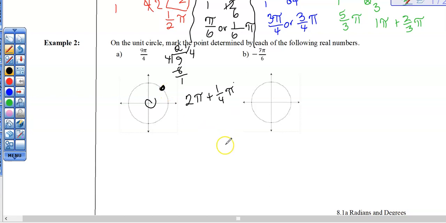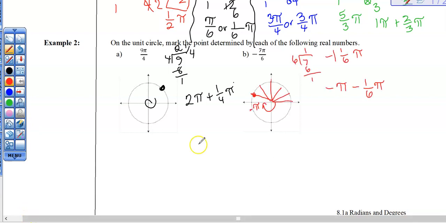Questions about that? Okay, let's do negative. So why don't you try negative 7/6? I'm going to press pause. You come back when you're done. See how you did. Okay, so we figured out that negative 7 pi over 6 is the same as negative